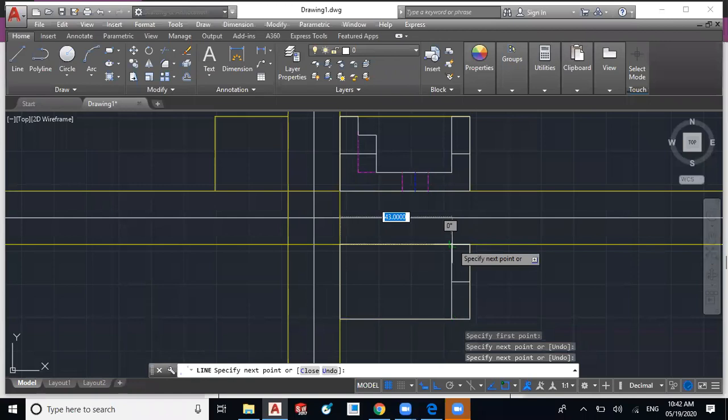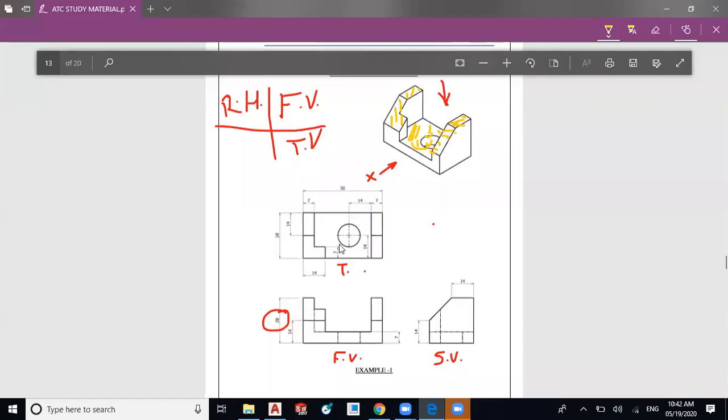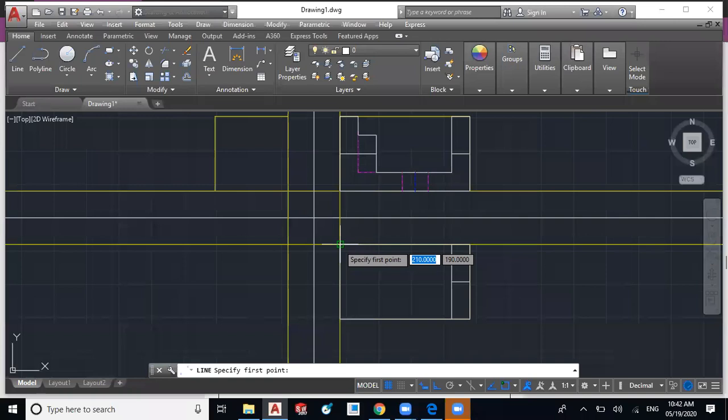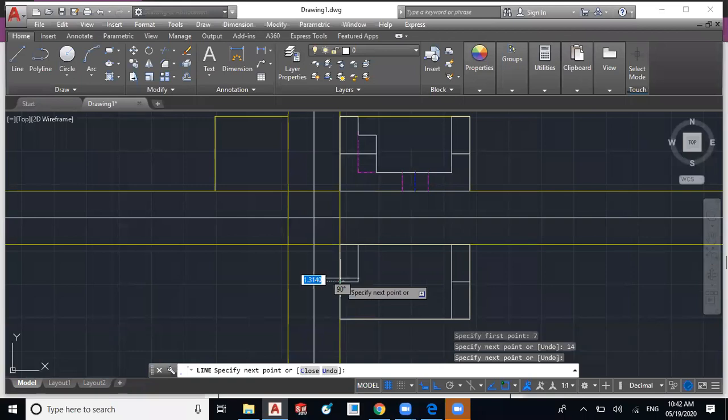Okay, then we have to draw this rectangle portion which is 7 by 14. I'll draw it. I have to track this corner point, then track it up to 7, and then start from this point 14 mm below, up to the perpendicular point.